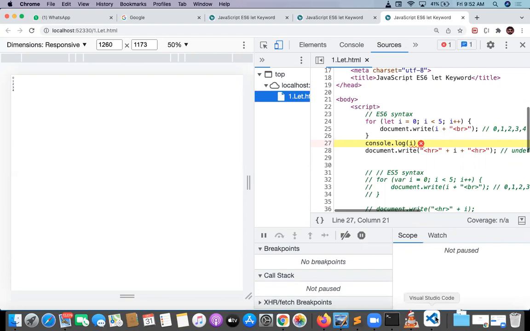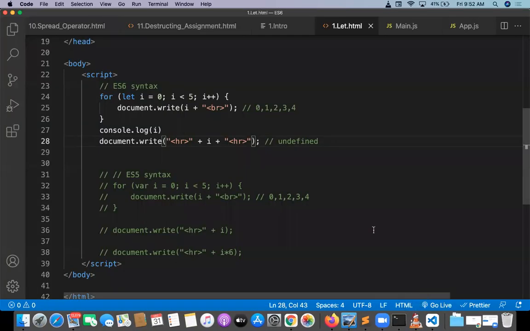So ES6 is basically strict rules, some of the strict rules available in JavaScript. Those rules we are learning first before going to React. So this is the best rule, this is the benefit rule.